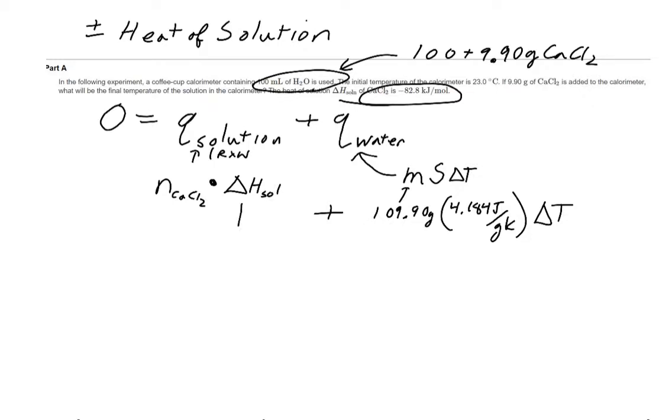We know that right off the bat is a negative 82.8 kilojoules per mole. Now we just need a number of moles. We can do that with no problem. We've got 9.90 calcium chloride times 1 mole calcium chloride